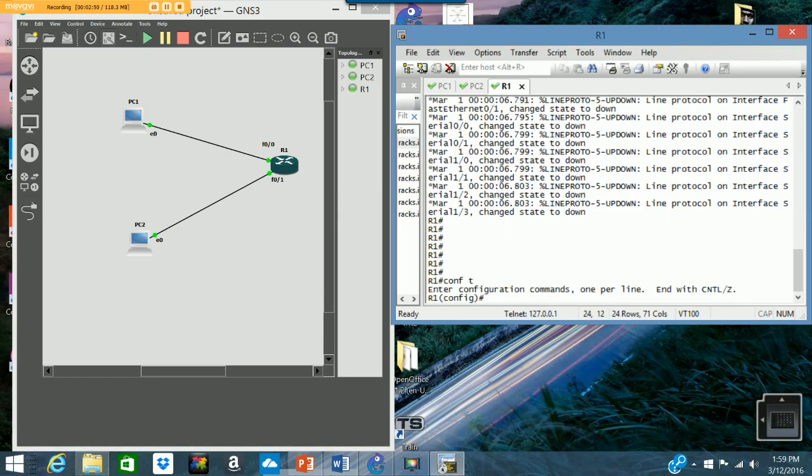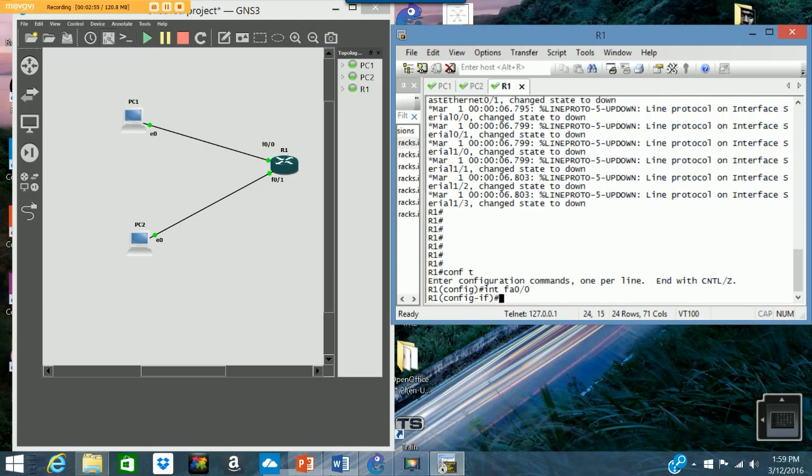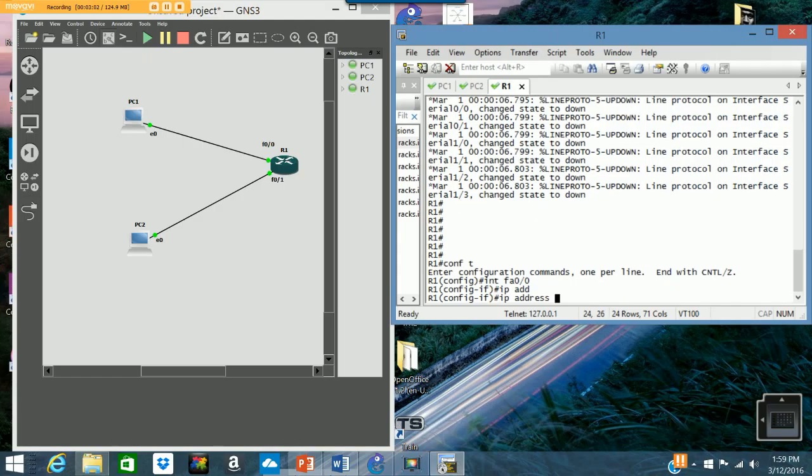We're going to the interface on the router, interface FA0/0, FastEthernet 0/0. We're going to put in the IP address, and we're going to use the 10.10.10 network. So 10.10.10 is our network number, and this router, R1, we're going to give it an IP address of 1. So the router is going to be number 1 on the 10.10.10 network, and it's going to have a subnet mask of